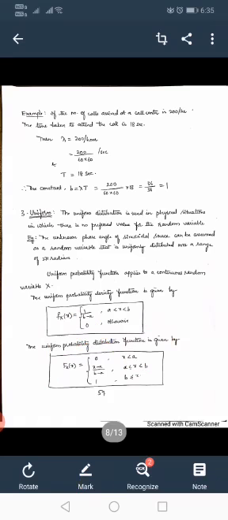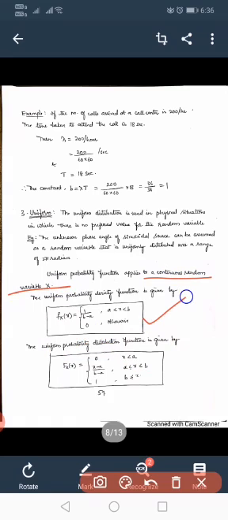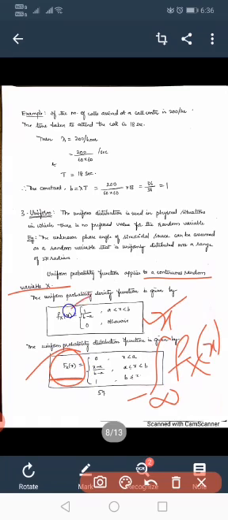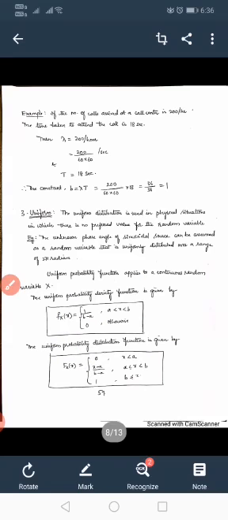So for such types of events we define the uniform density function or uniform distribution function, and this is for a continuous random variable, not for discrete. A uniform probability density function is given by this formula: f_X(x) equals 1 by b minus a, where x lies in the interval a to b, as in the case of a sine wave, which lies in the interval 0 to 2 pi. Next, the uniform probability distribution function is given by this one. We get it from the same formula, the integral from minus infinity to x of f_X(x) dx. If we substitute this value, we get F_X(x).